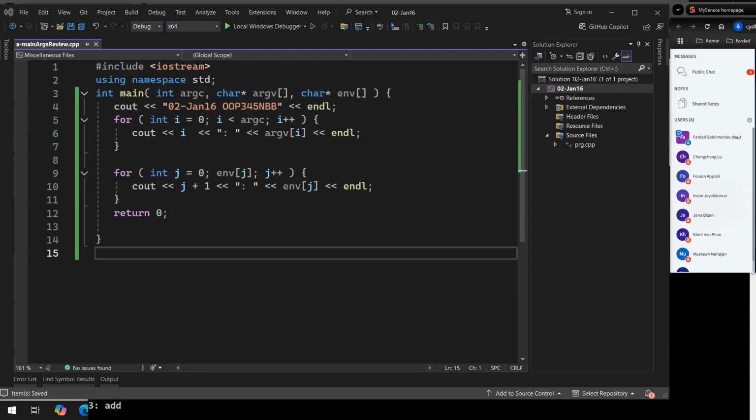So, we said that static variables have the same lifetime as the application, but their scope